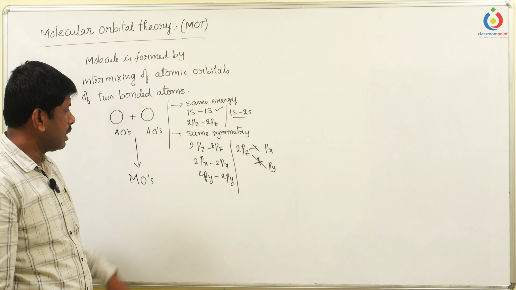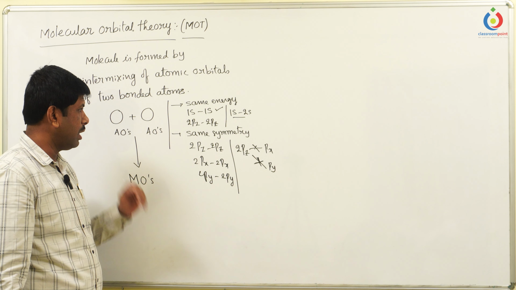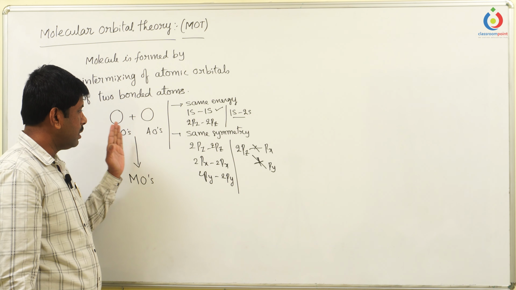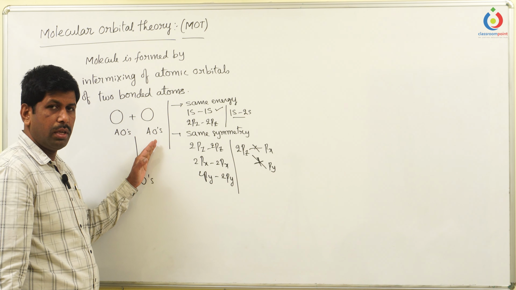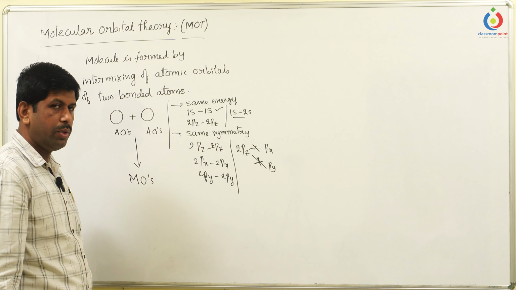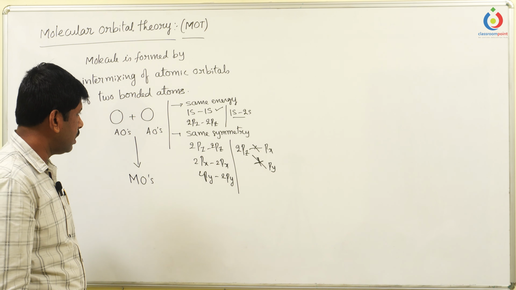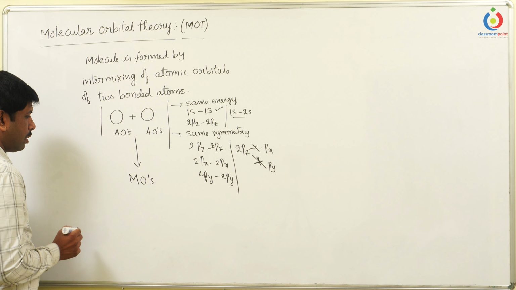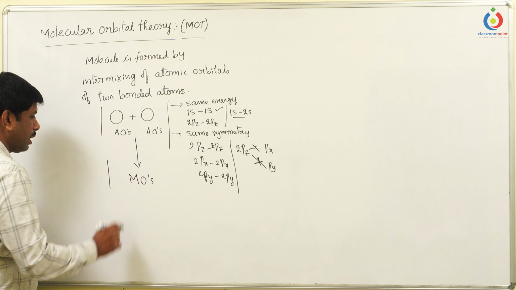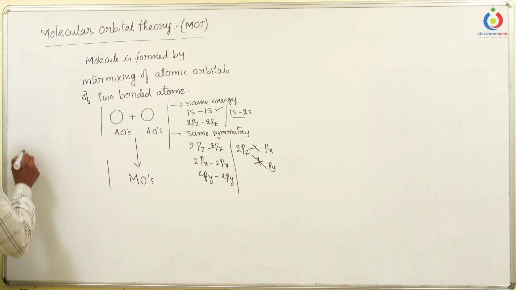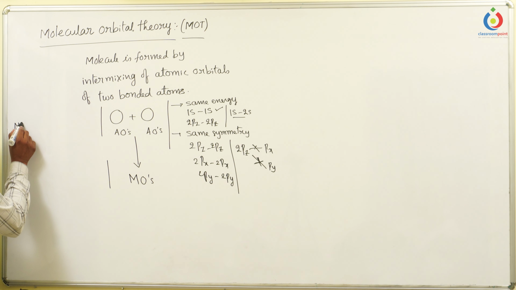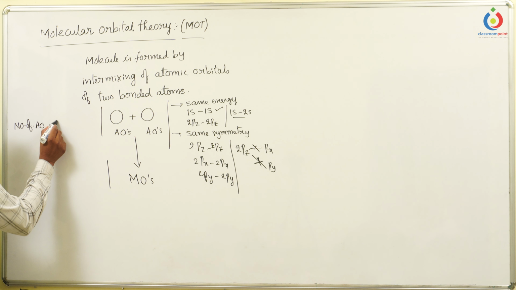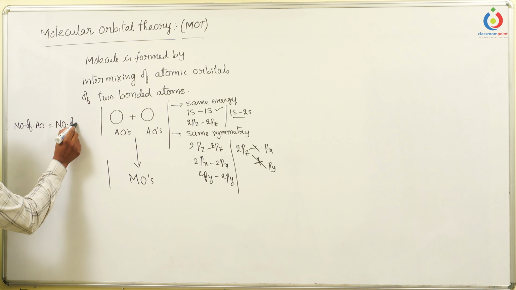So these are the necessary conditions for the atomic orbitals while intermixing. So imagine now atomic orbitals of the same energy intermixed with each other and they are going to produce the new orbitals. They are called the molecular orbitals. Then how many atomic orbitals are to be intermixed and how many molecular orbitals are to be produced? Here it is clear that the number of atomic orbitals intermixed is equal to the number of molecular orbitals